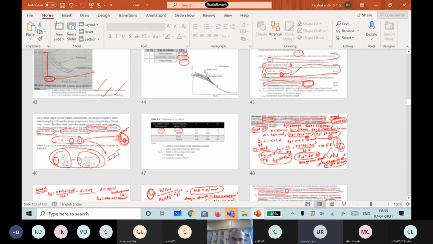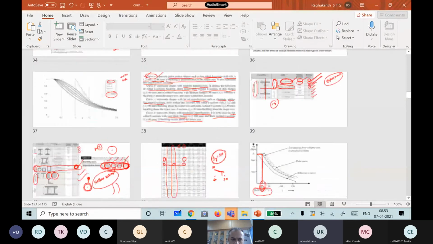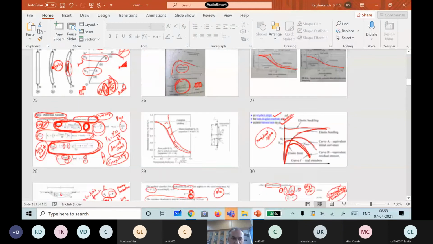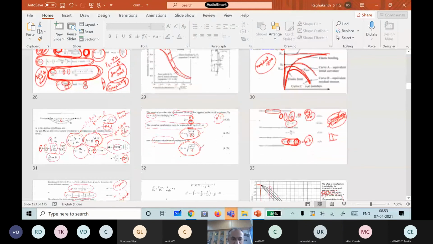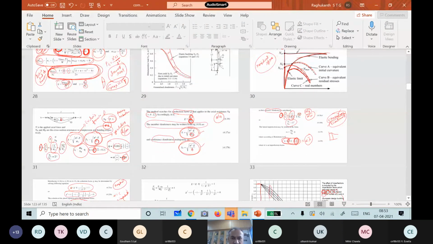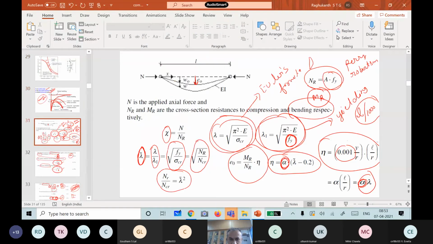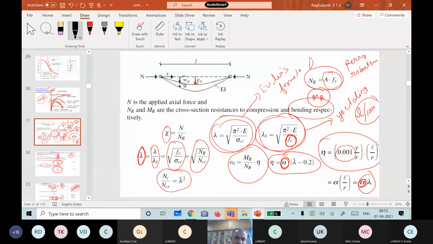Maximum stress is equal to the yield stress. No, that is fine. But for deriving the Perry-Robertson formula, we made one important assumption or starting point. What is that? The initial column is perfectly straight? The whole derivation, whatever we did, we are assuming that the column already has an initial imperfection. Initial imperfection, excellent.